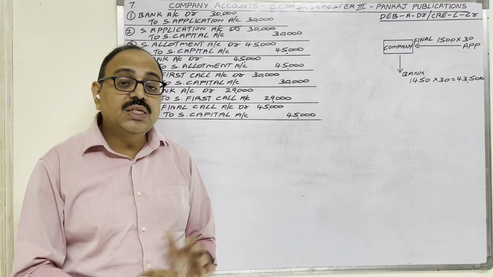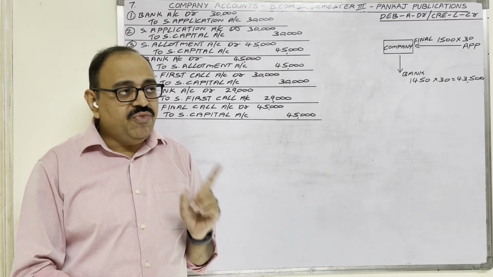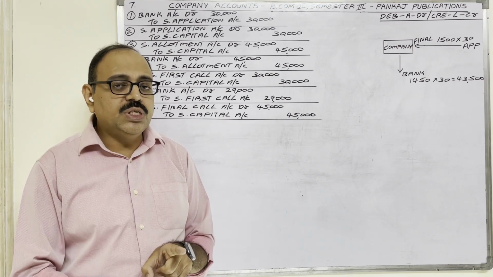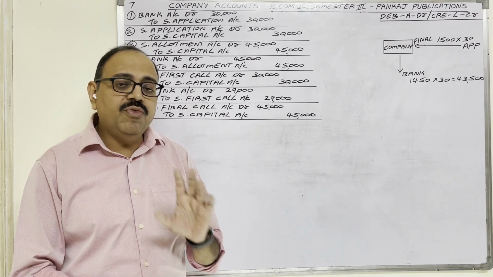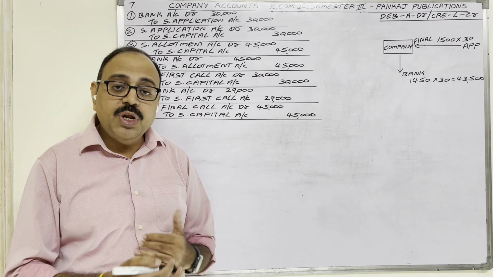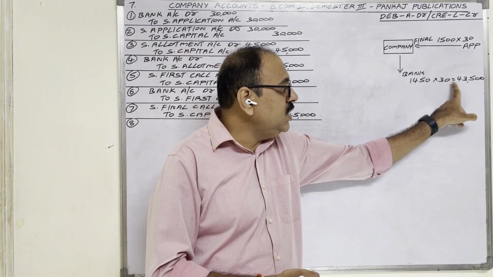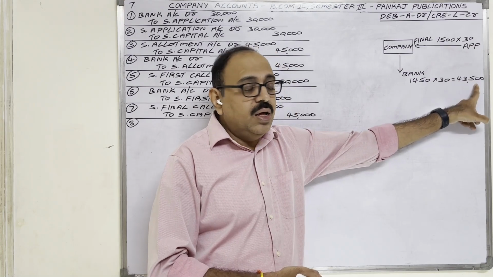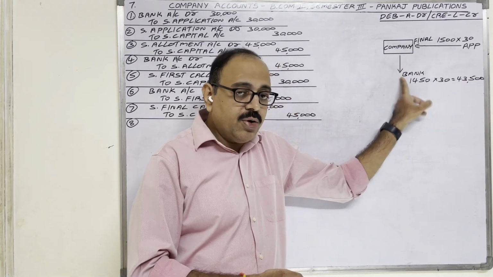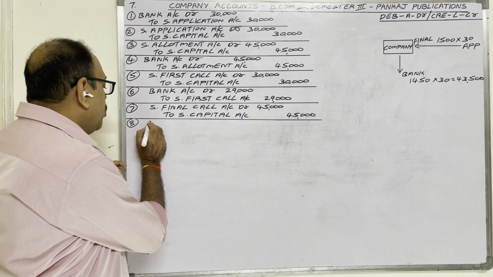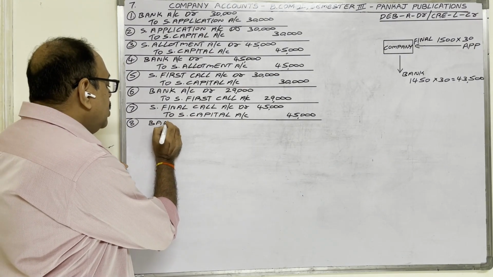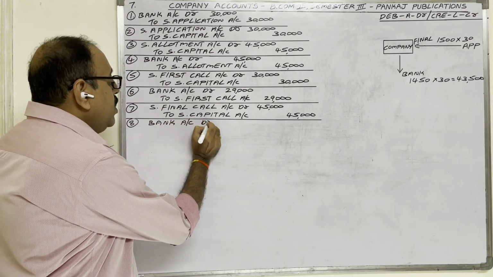Eighth entry is for receiving final call money. On 50 shares at the rate of 30 rupees each, company failed to collect 1500 rupees. Then how much money came finally? 1450 shares into 30 rupees each, 43,500. That amount only we deposited in bank now. Therefore, debit bank account with 43,500 rupees. Bank account debtor